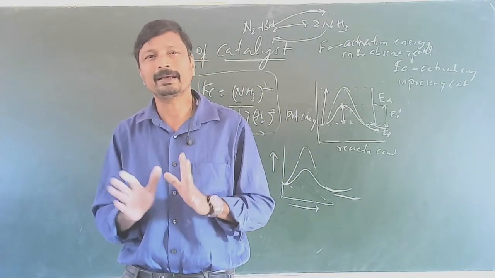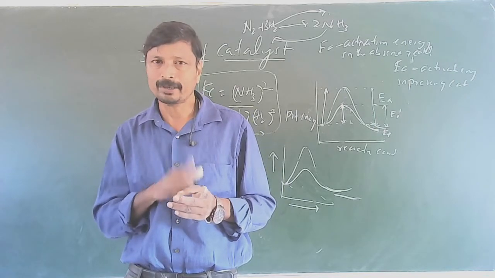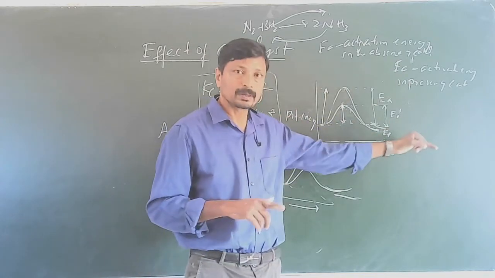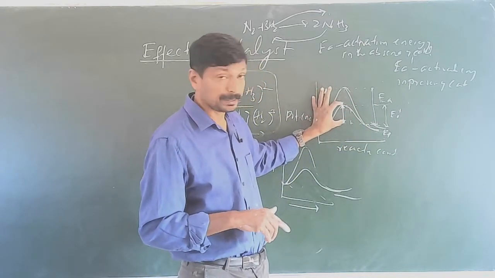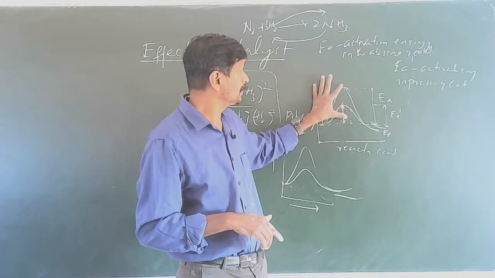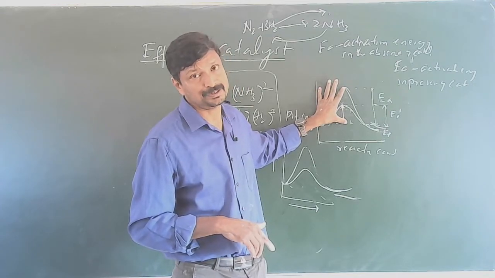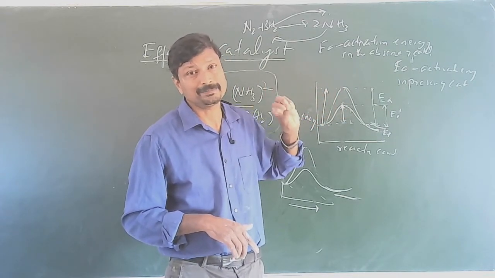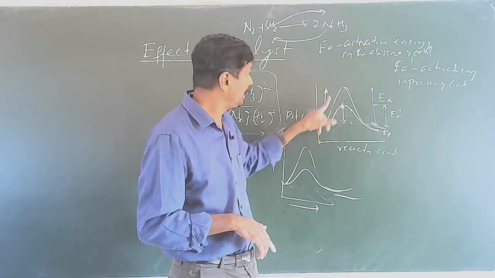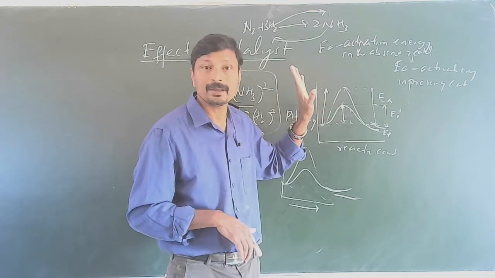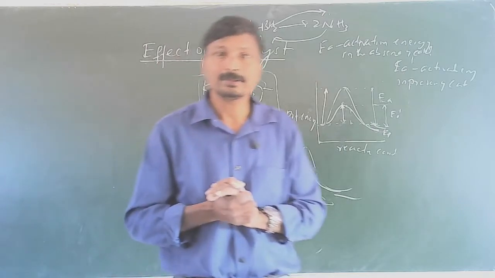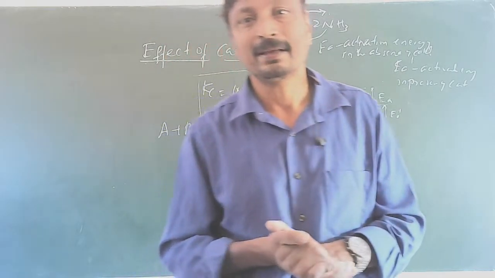So the graph should be clear. What should be in the graph? What is the y-coordinate, what is the x-axis, and the two graphs: one shows the reaction with catalyst, the other without catalyst, with their activation energies. So clearly how to write. So what is the activation energy? It's the energy difference between the reacting molecule and the energy of the activated complex. This height you have to show clearly, and after that you have to write it also.